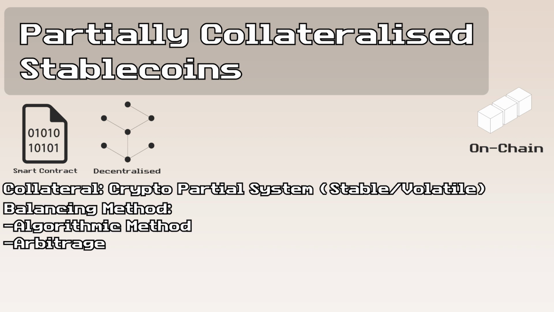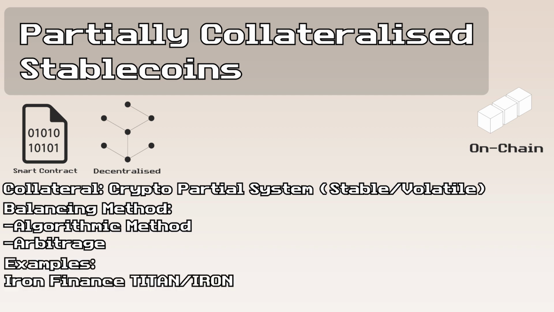The other half of the collateralization is backed by a volatile asset. The balancing system on a stablecoin like this also shares a similar system with an algorithmic stablecoin, where algorithms are partially responsible for maintaining the peg of the coin. This kind of stablecoin is fairly complex, experimental, and often simply quite difficult to understand.